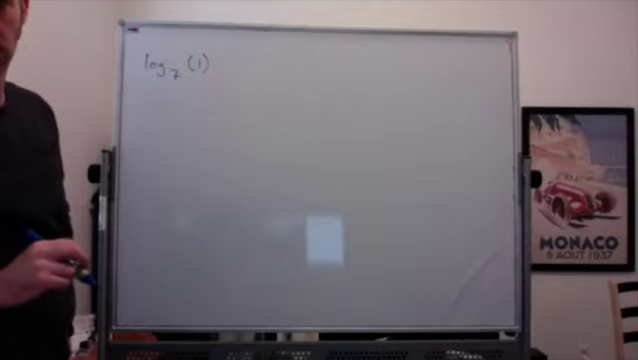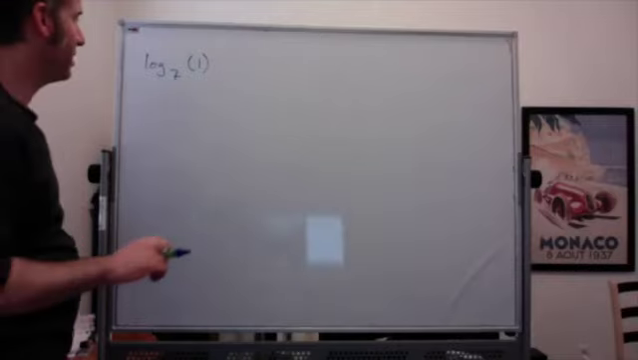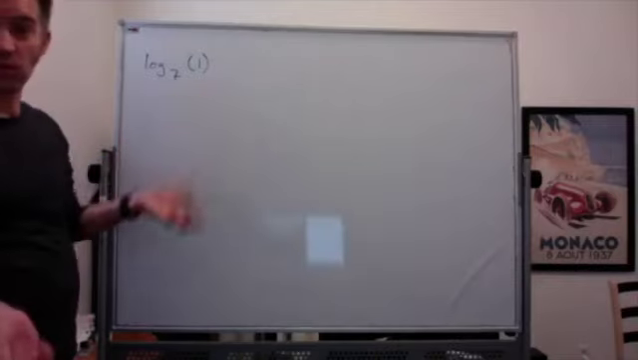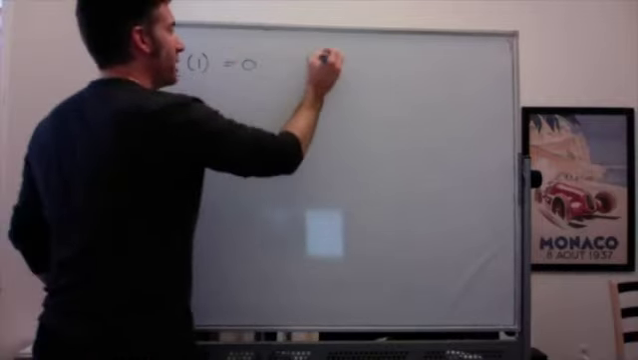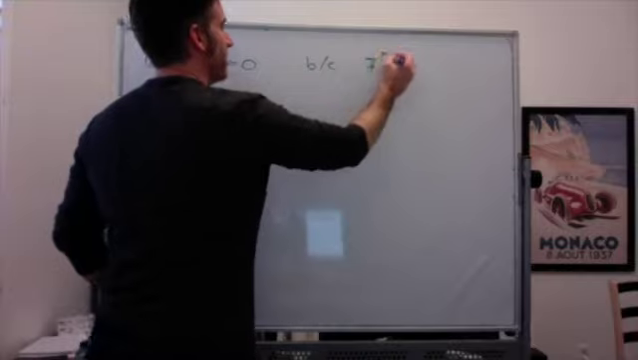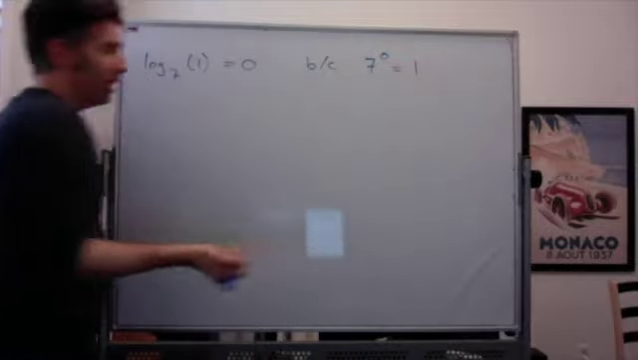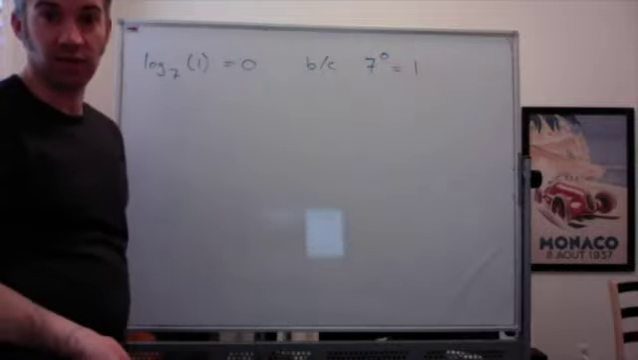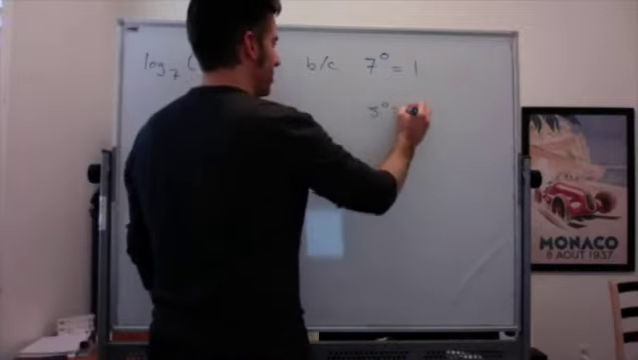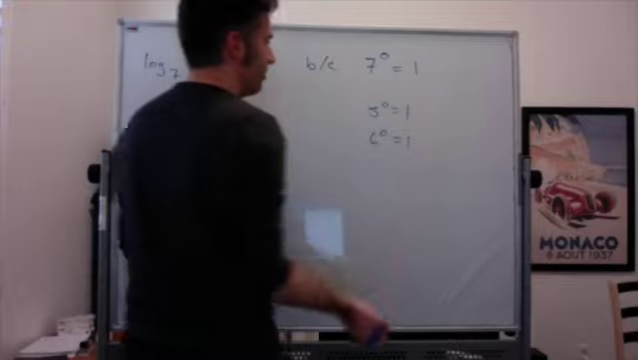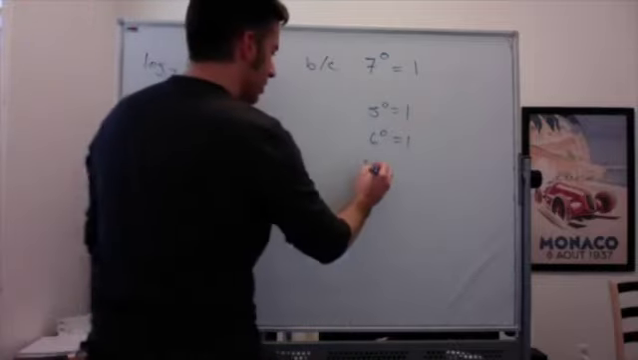What about log base 7 of 1? So here's the nice thing about log of 1. It's always equal to 0. Right. It equals 0 because 7 to the 0th power is equal to 1. And in fact, any positive number to the 0th power is equal to 1. So 5 to the 0 equals 1, 6 to the 0 equals 1, 1,000,000 to the 0